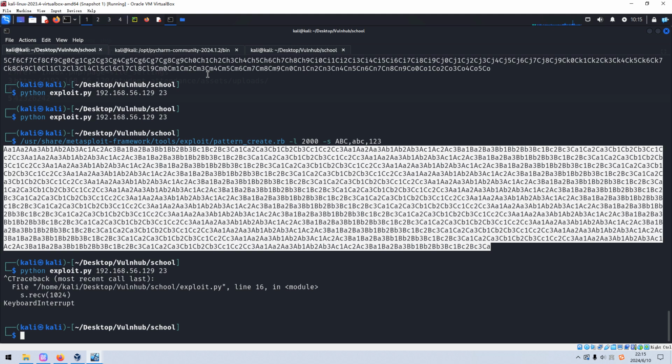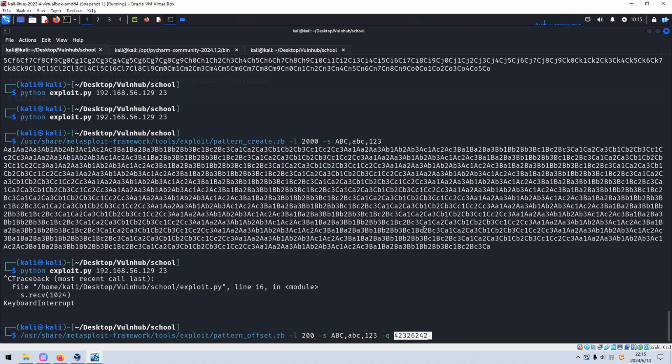Next, we can use another tool to calculate the offset. We can use the Metasploit tool, pattern offset, with ABC, ABC 1 2 3, and query this string.